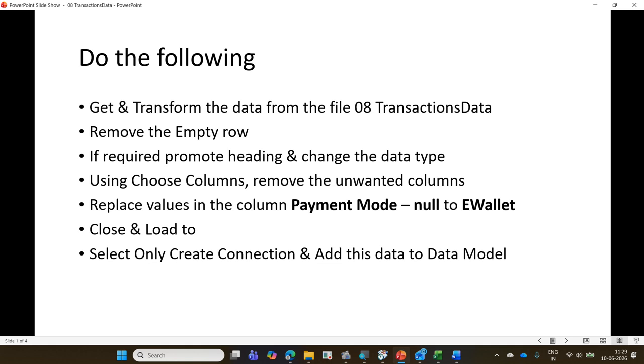Remove the empty rows. Promote the heading. Remove the unwanted columns. And wherever the payment mode is null, change it to e-wallet. Wherever the payment mode is empty, change it to e-wallet. You did all this in the last session; last time we changed empty to pending. Then close and load to